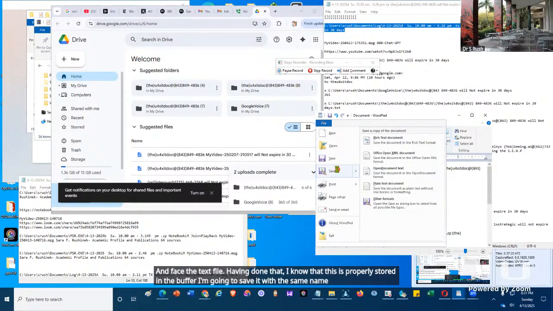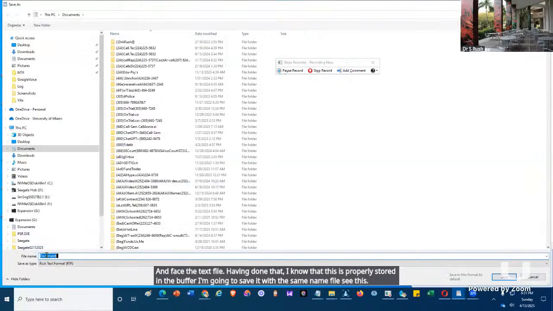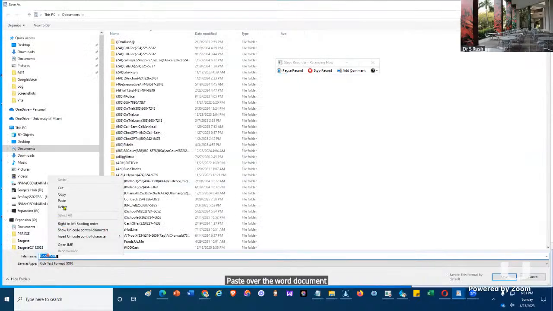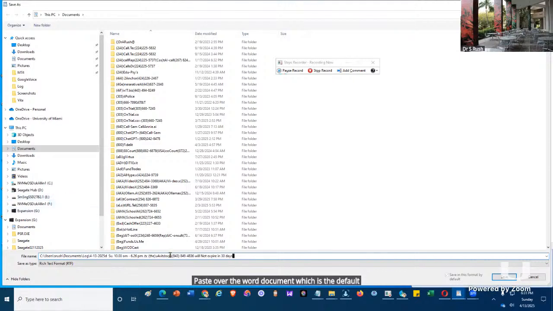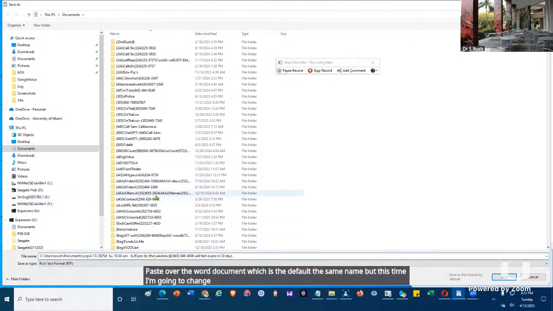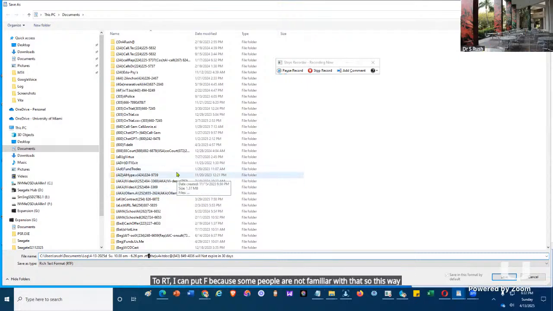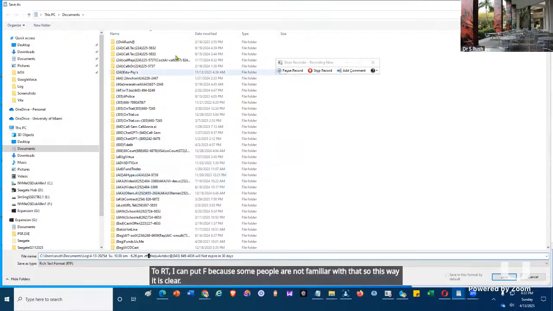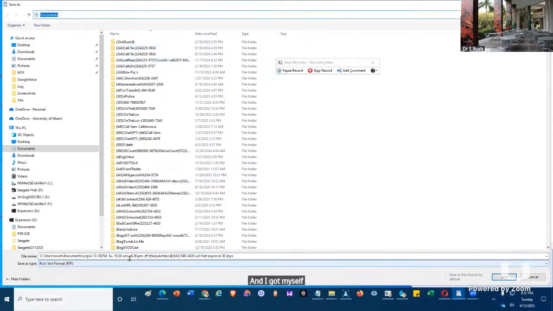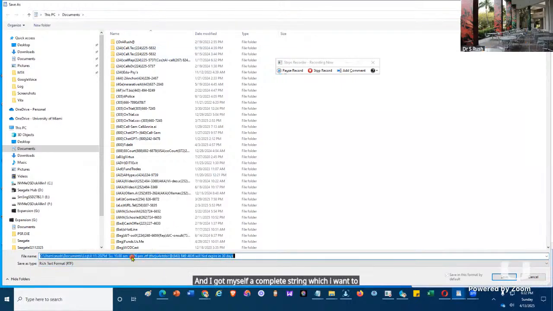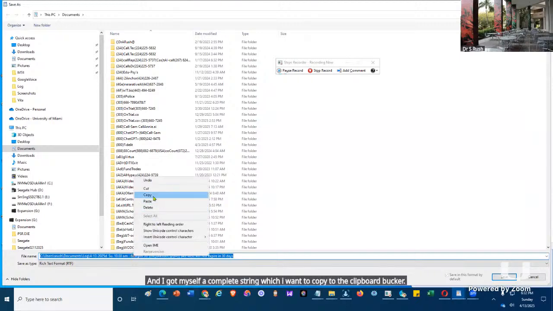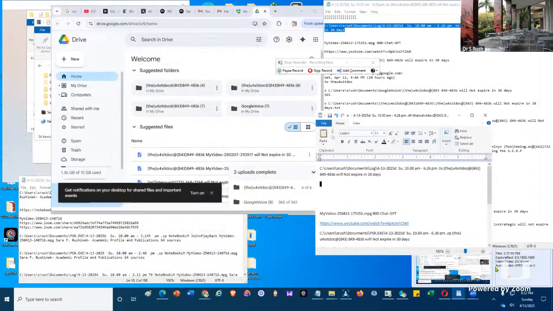File, save as, paste over the Word document, which is the default, the same name, but this time I'm going to change the TXT to RT for RTF. So RT, I can put F because some people are not familiar with that. So this way it is clearer. And I got myself a complete string, which I want to copy to the clipboard buffer and save. And then I'm going to go back to the file itself